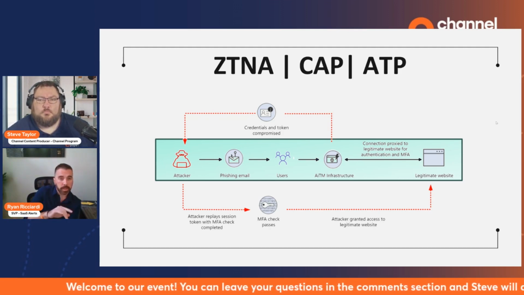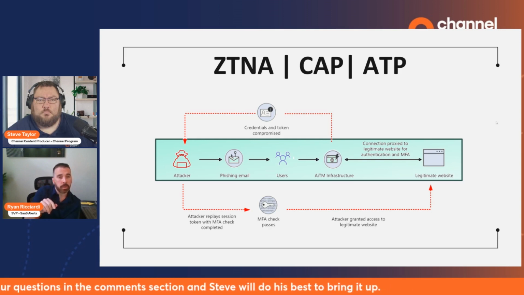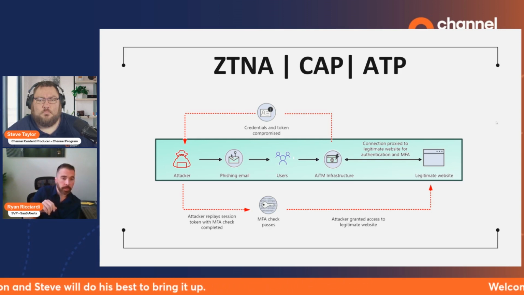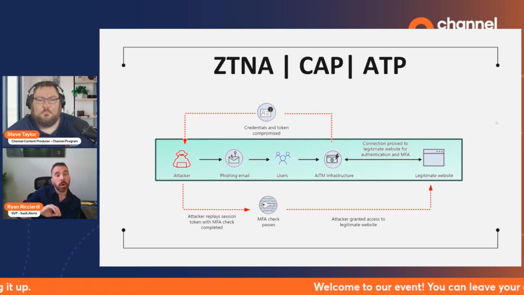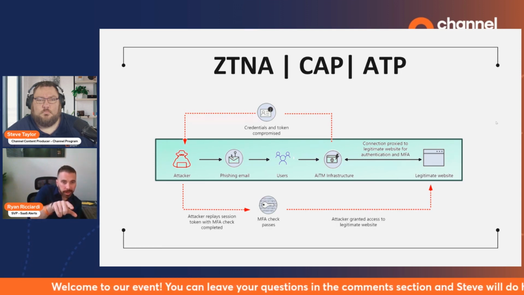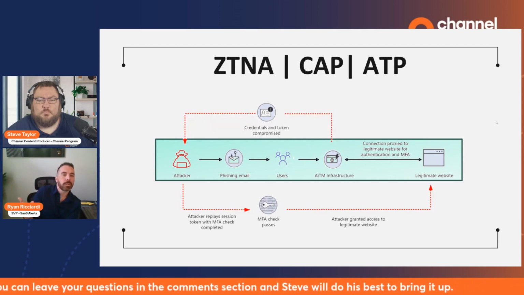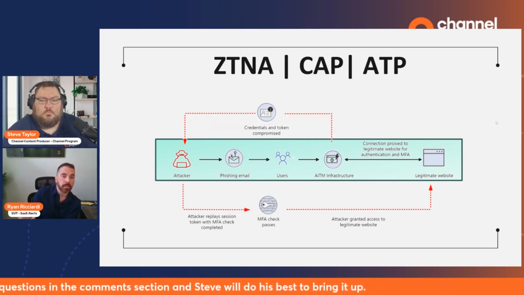So in the scenario where an attacker gets a phishing email through advanced threat protocols, ATP, which happens all the time, the user that clicks on it does have your agent. They're the ones that fall for that adversary-in-the-middle thing and enter their creds and then get routed to the legitimate website. All of that will go seamlessly. That part where the credentials and tokens are compromised will also go seamlessly. And that attacker replaying the session token will also go seamlessly because conditional access and MFA has already been bypassed.